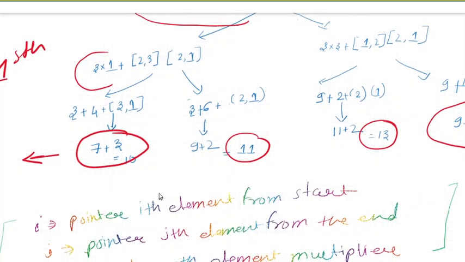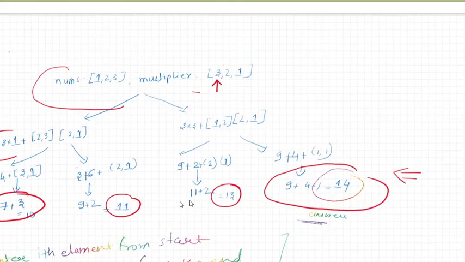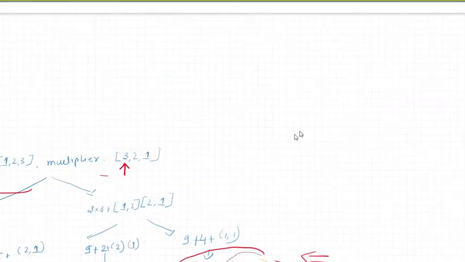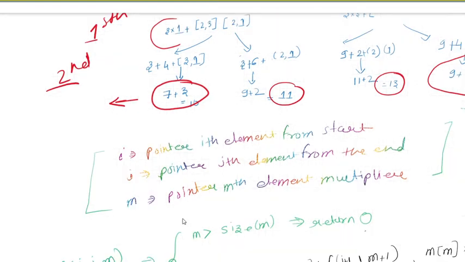So if you see such kind of question, the first thing you have to notice is what its constraints are. In this question, it is given that let n be the length of nums and m be the length of multiplier. Given that n will be greater than or equal to m.